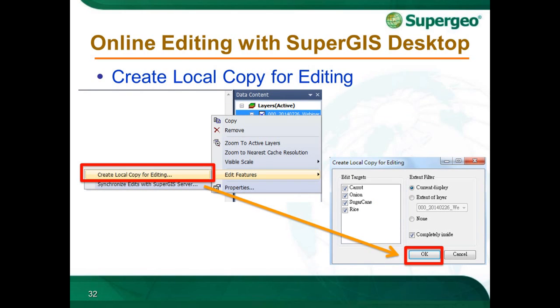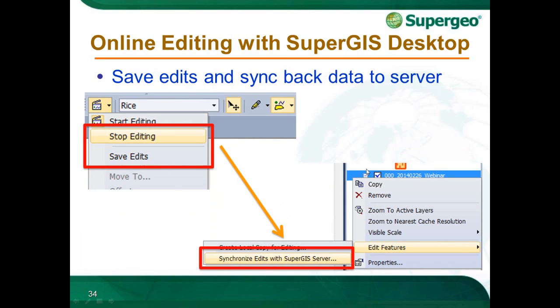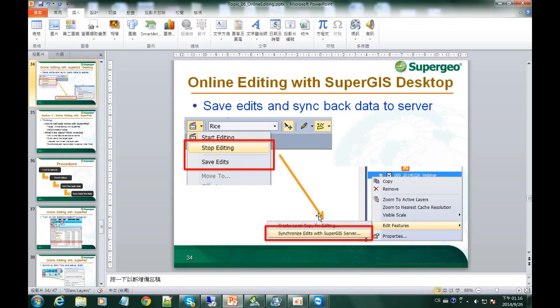And also, before you start to do the online editing, you have to create the local copy for the editing, which allows you to switch between the edit targets you want to use and hit the OK button. So the local copy of the layer will be built within your SuperGIS Desktop, and then you can use the editing tool just normally to edit all the data. And after you finish, stop editing, save edits, and then you can synchronize all the edits with the SuperGIS server. This is going to be the whole workflow, and now I'm going to switch to the SuperGIS Desktop here,